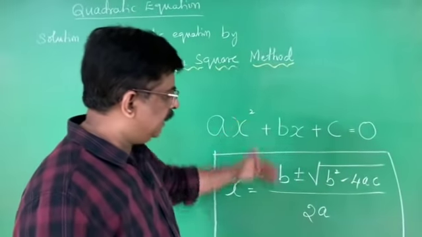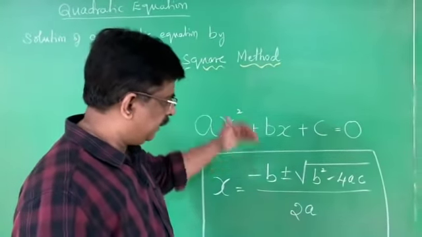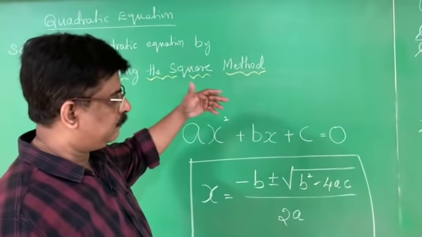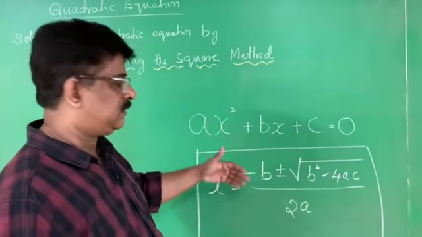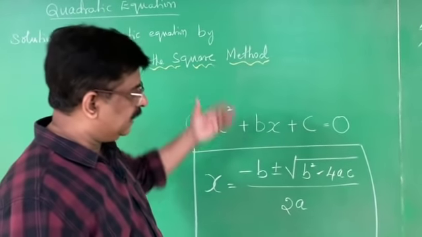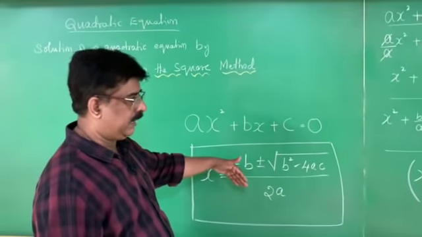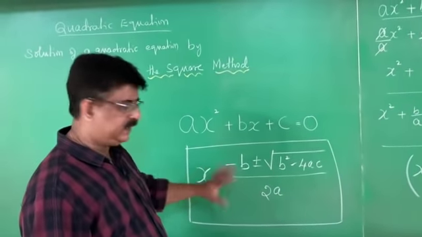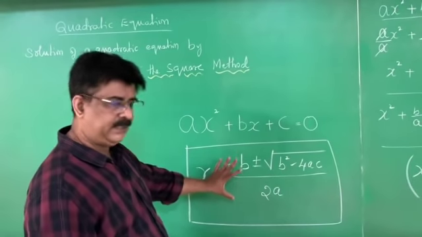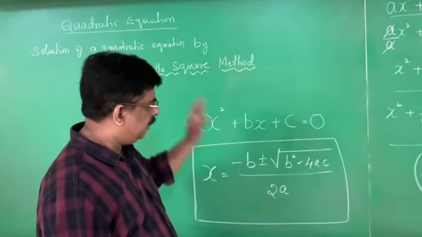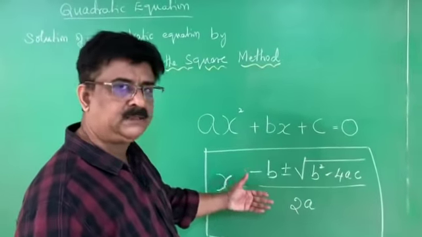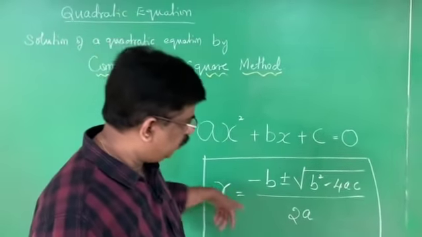equation, and this formula is derived by the method called completing the square method. Therefore, you have to practice 1 or 2 problems of the completing the square method, then derive the formula for the quadratic. Once you derive the formula for the quadratic equation, you are never going to forget. This is a very important formula for the examination, not only for the examination. As long as you are learning quadratic equation, this formula is there throughout your studies, right?